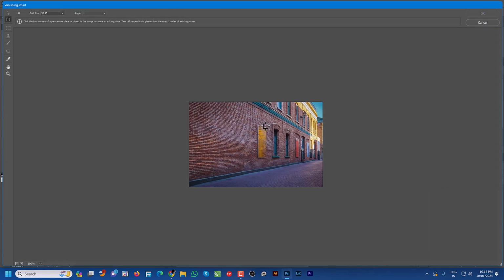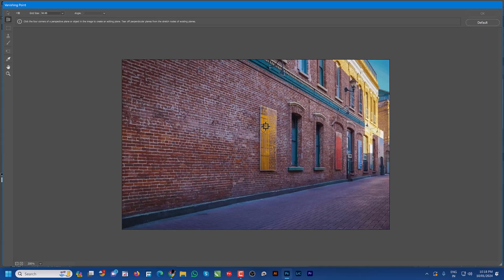Control plus to get it bigger, and with this tool draw a plane like this. Match the line, make it bigger,